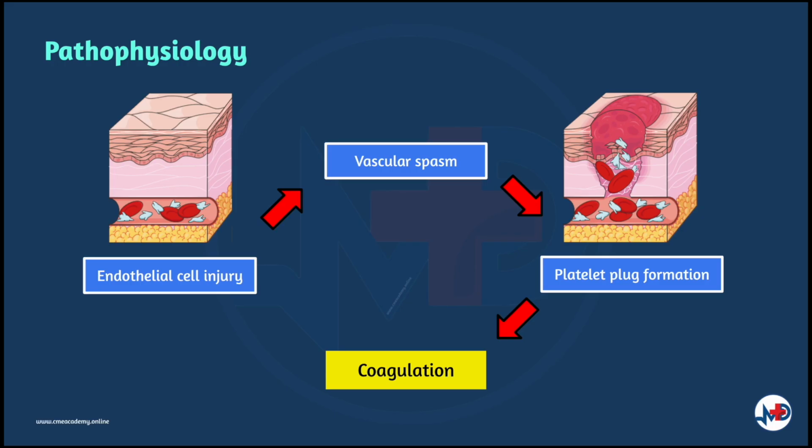Finally, coagulation cascades are activated. In coagulation, fibrinogen is converted to fibrin, which forms a mesh that traps more platelets and erythrocytes, producing a clot. Fibrin strands secure platelets and erythrocytes, effectively plugging the break. The detailed coagulation cascade will be explained in the next slide.